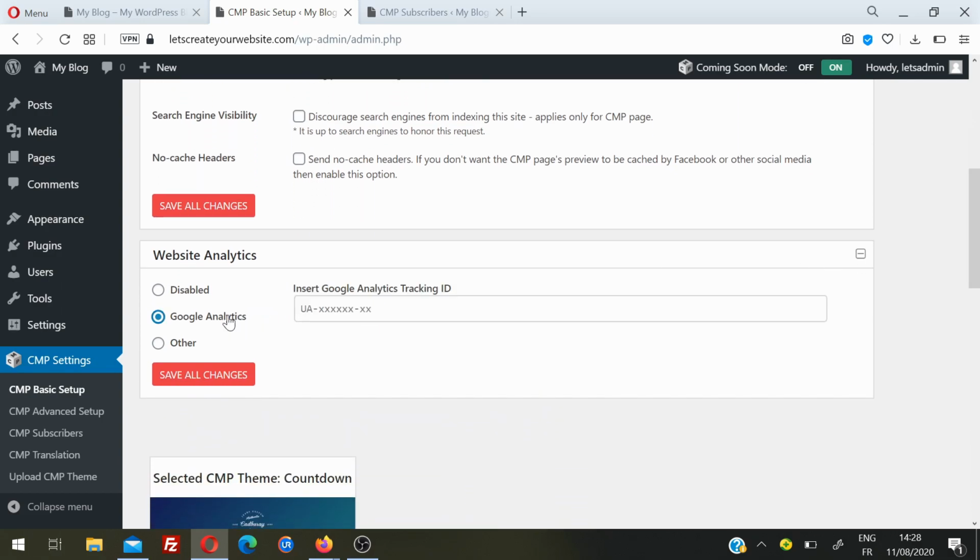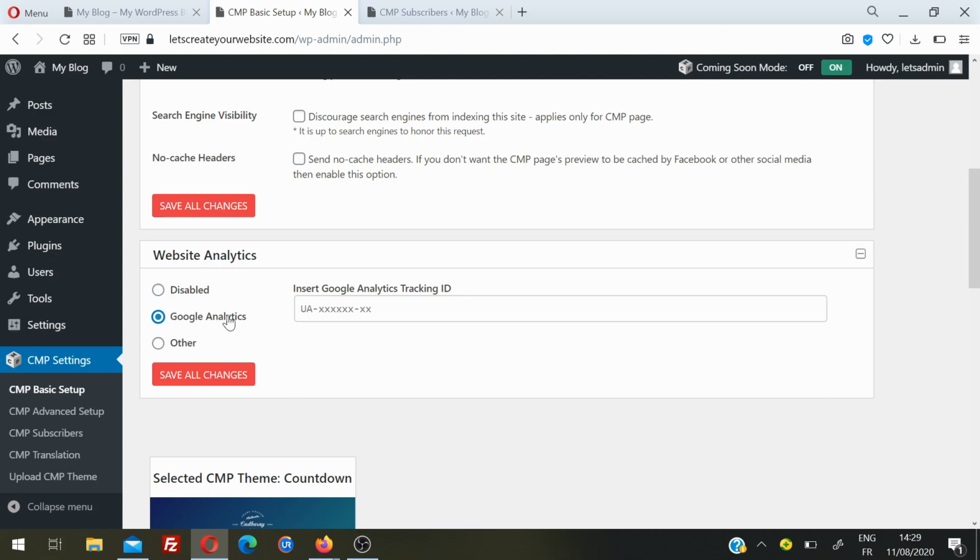And then we have Google Analytics. If you don't know what Google Analytics is, subscribe to my channel. I'm going to make very soon a detailed video about what Google Analytics is and how you can use it. Basically, via Google Analytics, you can track all the website visitors. You can know where they come from, what their ages are, what their gender is, and how often they're visiting your website and how long they were on your website. So there is a lot of information; I'm going to make a video about Google Analytics.